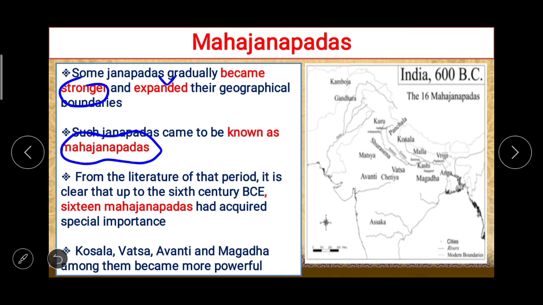From the literature of that period, it is clear that up to the 6th century BCE, 16 Mahajanapadas had acquired special importance. In that, Kosal, Vats, Avanti and Magadha became more powerful. Out of that 16, जो थे वो बहुत ही इंपॉर्टेंट थे, बहुत ही बड़े बन गए थे, लेकिन उसमें से भी अगर हम चूज करेंगे तो कोसल, वत्स, अवंती और मगध, ये जो थे वो उसमें से और पावरफुल थे, and that you can find in the